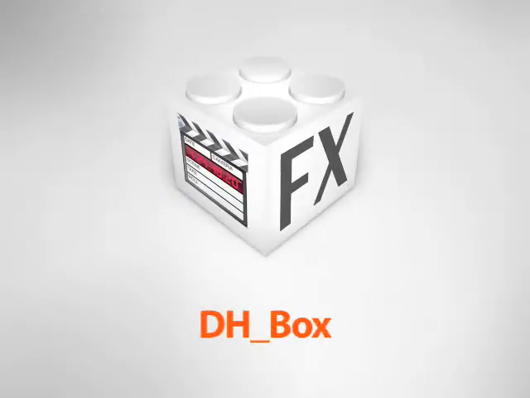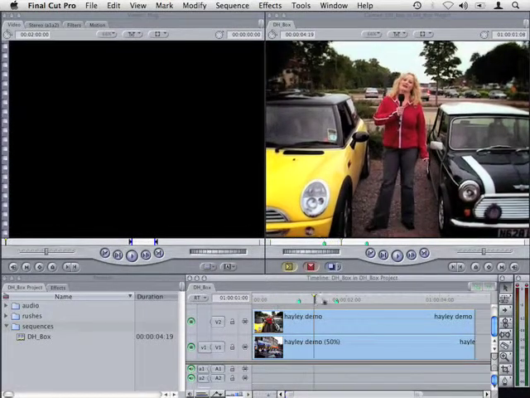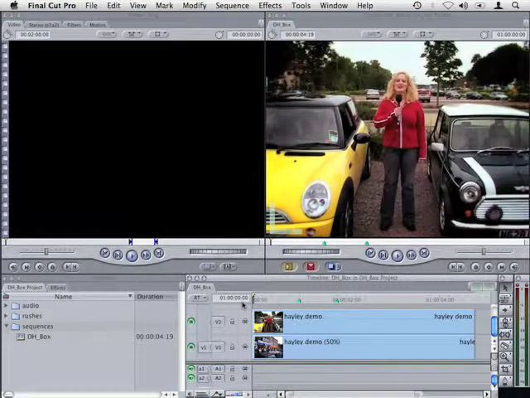DHBox is a powerful and easy to use plugin for creating picture-in-picture and split screen effects in Final Cut Pro. So I've got two clips layered on tracks V1 and V2, and the goal here is to have the V2 clip start as full screen and then scale down to a box and show the V1 clip in a similar